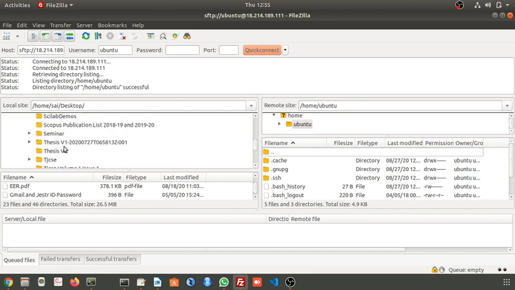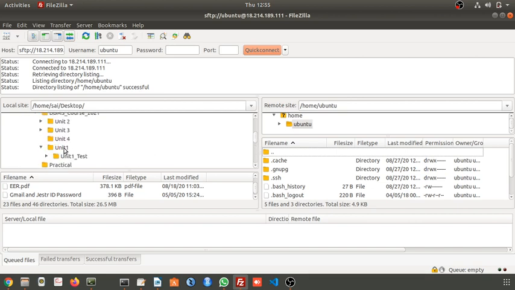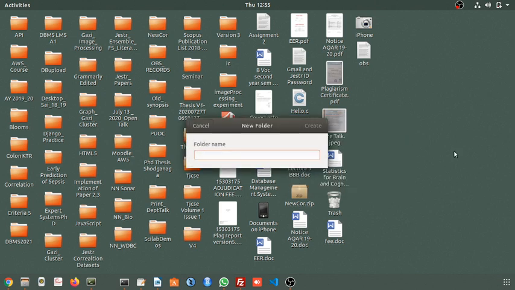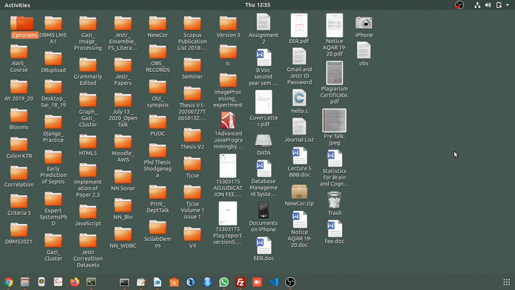Let me first put it in one directory, then I will try to copy that. I will make a folder here, named C programs. Here it is. I am copying this hello.c into C programs.